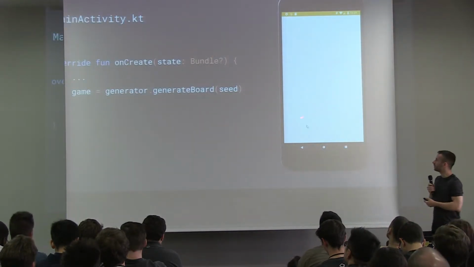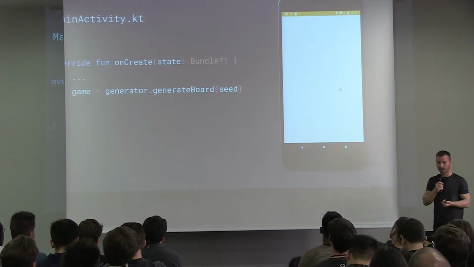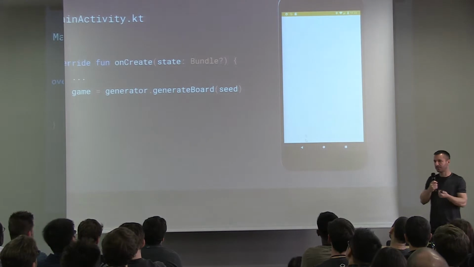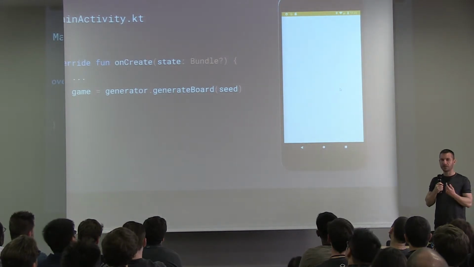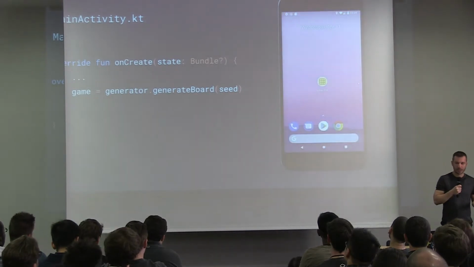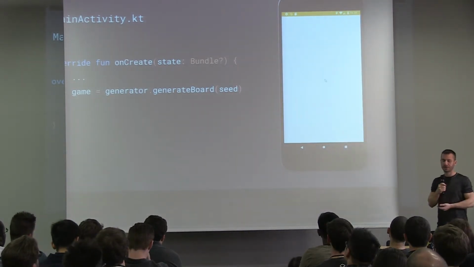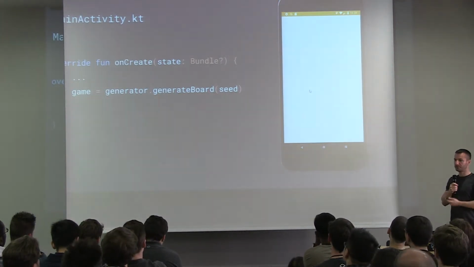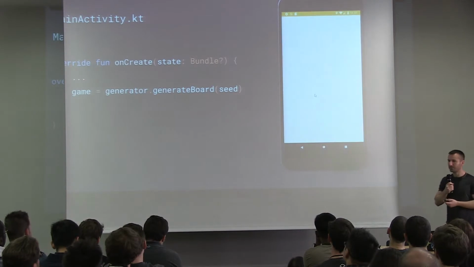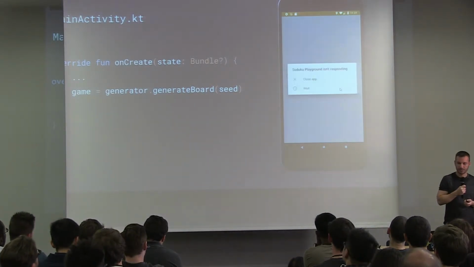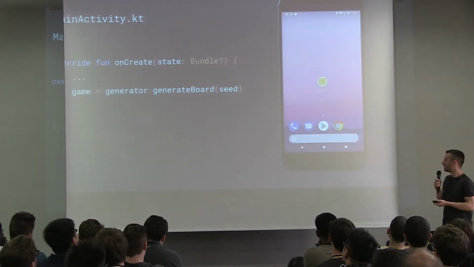So what are those? Let's say I have this sample app that's a Sudoku game, and when you open it, it needs to generate a Sudoku board. It's not very difficult, but it takes some computations. I don't read the board from disk, I don't read it from network. I literally just do some mathematical computation in RAM on the CPU to generate a valid Sudoku board. And on a very slow device with a very slow CPU, this takes quite a lot of time. And you see here, yeah, ANRs.